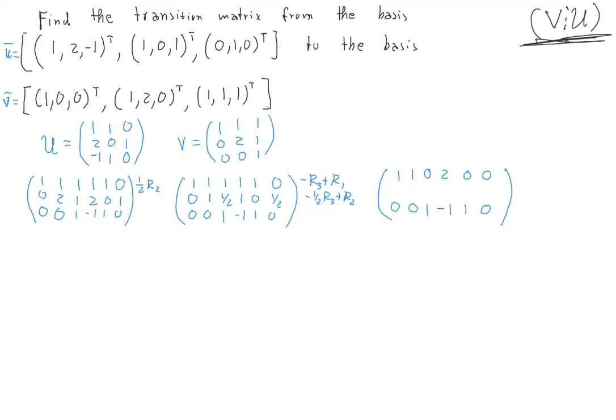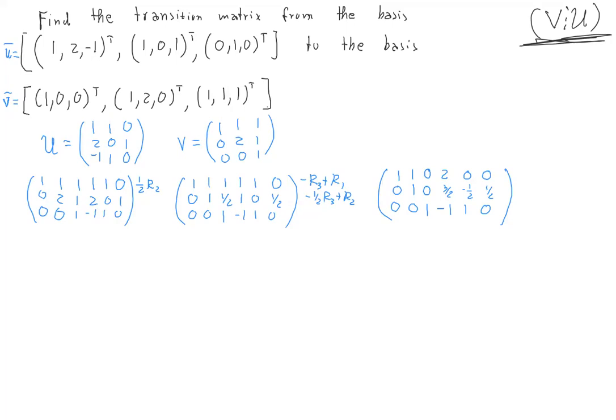And how about the second row? You will get a 0 here and 1 here, a 0 here. And then negative 1 times negative 1/2 is 1/2 plus 1, that's 3/2. And negative 1/2 times 1 is negative 1/2 plus 0, that's negative 1/2. And this again 1/2. And finally, you want to eliminate the